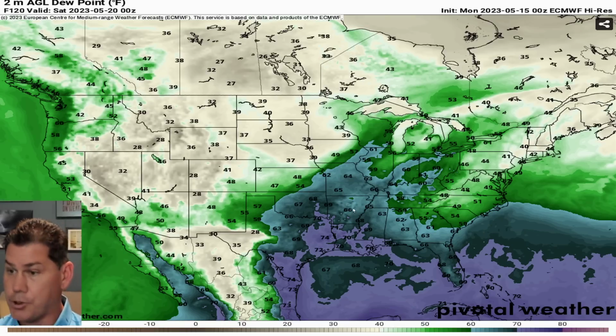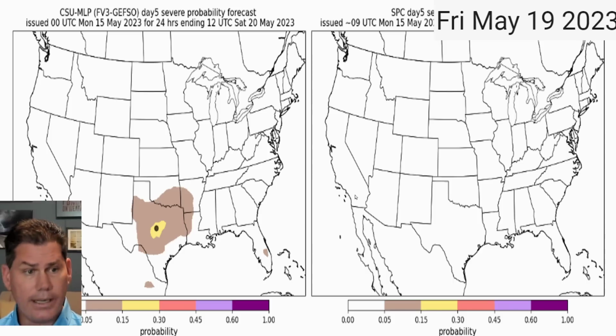So you've got dew points above 55, and that puts you in the probability of some severe storm criteria. And that's exactly what we're going to see going into your Thursday, late Friday timeframe. But again, nothing terribly concerning. There's not really areas that are like more widespread severe storms this week. It's pretty calmer this week. The area that has the severe storms potential, nothing on the table from the Storm Prediction Center as of